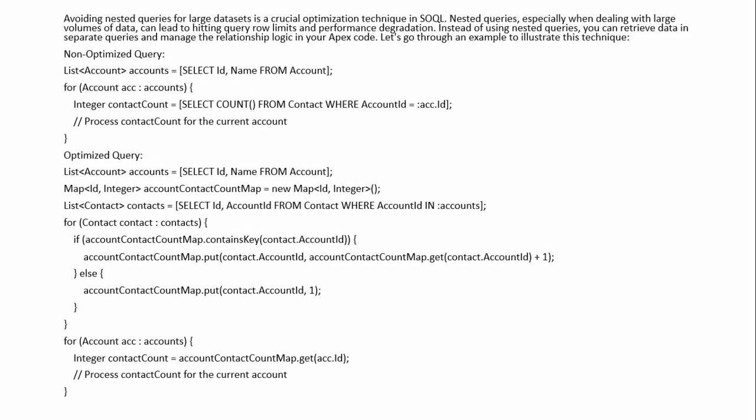Instead of using nested queries, you can retrieve the accounts and contacts separately and then, in your Apex code, manage the relationship logic to count the contacts for each account. List<Account> accounts = [SELECT Id, Name FROM Account]; Map<Id, Integer> accountContactCountMap = new Map<Id, Integer>(); List<Contact> contacts = [SELECT Id, AccountId FROM Contact WHERE AccountId IN :accounts]; for (Contact contact : contacts) {